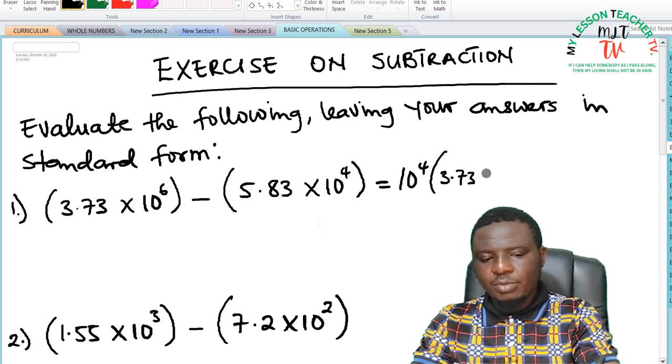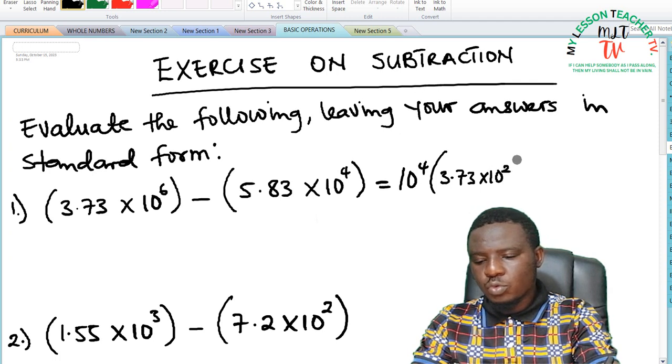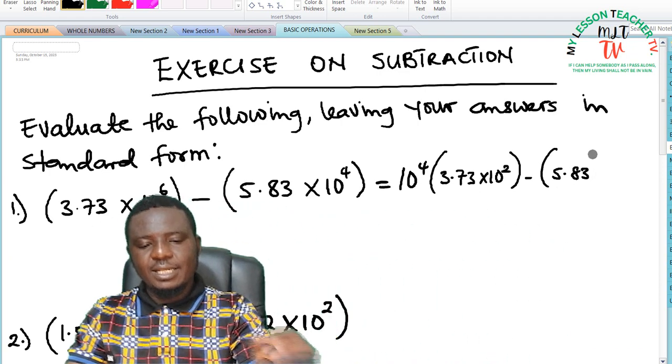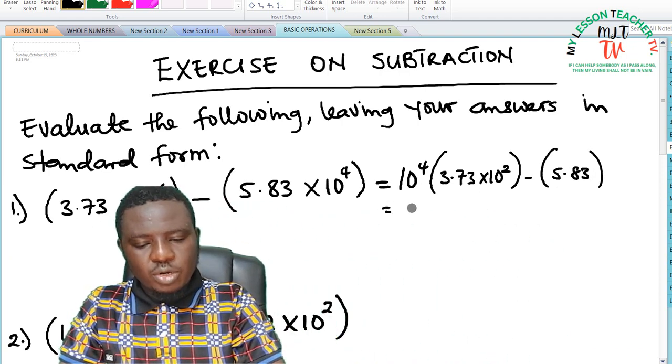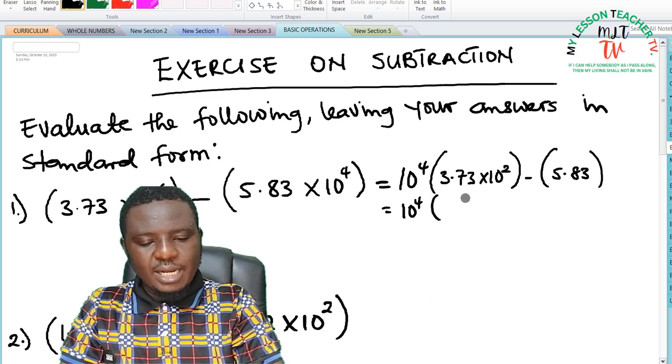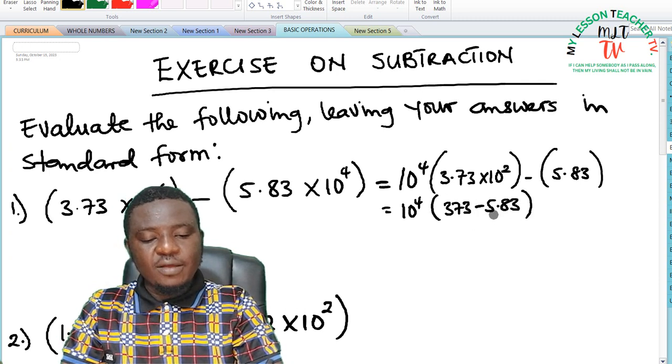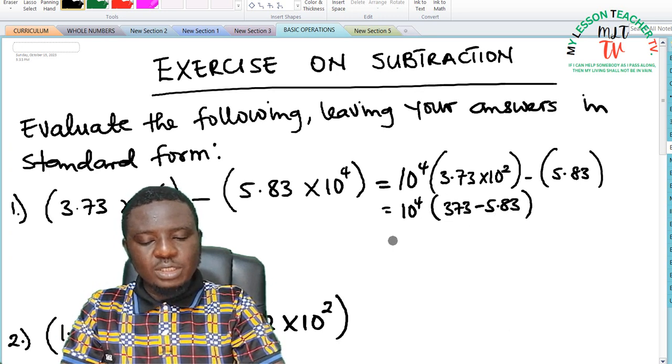3.73 times 10 raised to the power of 2 minus 5.83. This is going to be equal to 10 raised to the power of 4 into, this is times 100, and that is 373 minus 5.83. When you subtract 5.83 from 373, you are going to be left with 10 raised to the power of 4 into